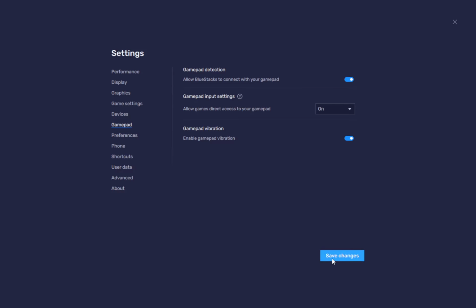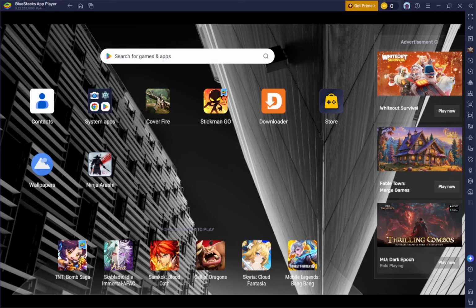You can do this from the BlueStacks home screen by selecting the game you wish to play. If the game doesn't support controllers natively, click the Game Controls icon, which looks like a keyboard. This will open the Controls Editor, allowing you to create or edit your gamepad mappings. This option is particularly useful for games that do not have built-in controller support. You can customize the controls to suit your preferences and ensure a smooth gaming experience.